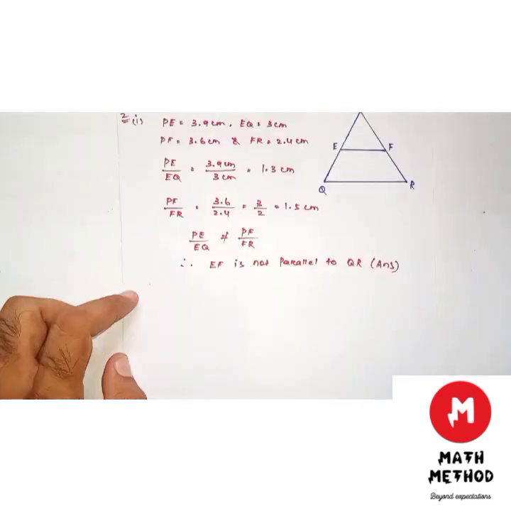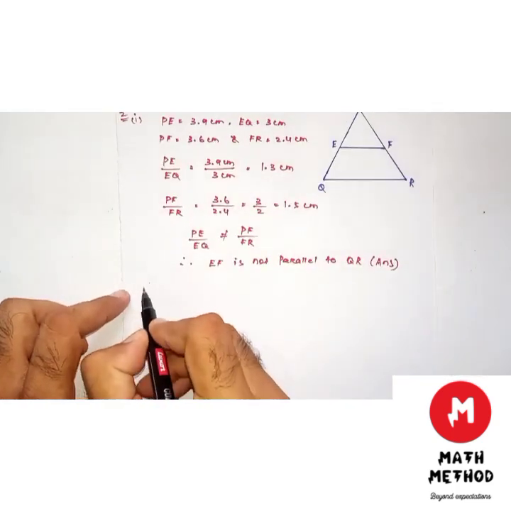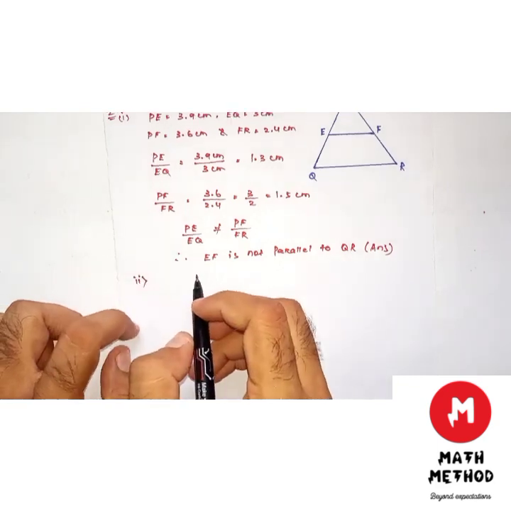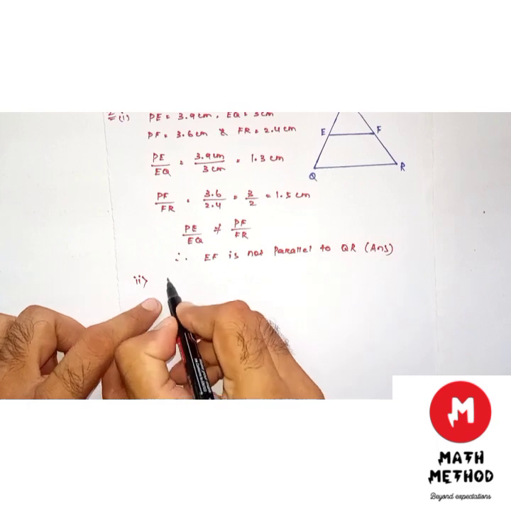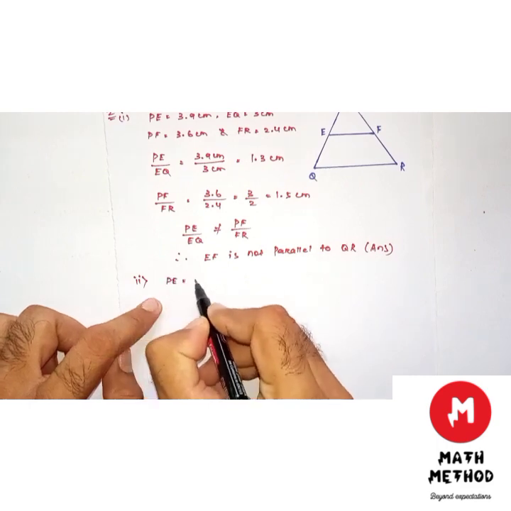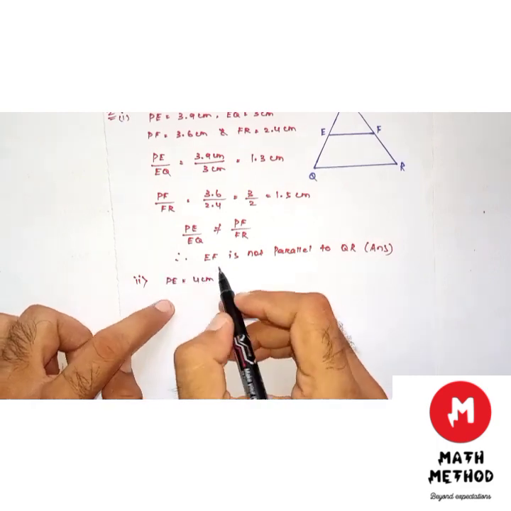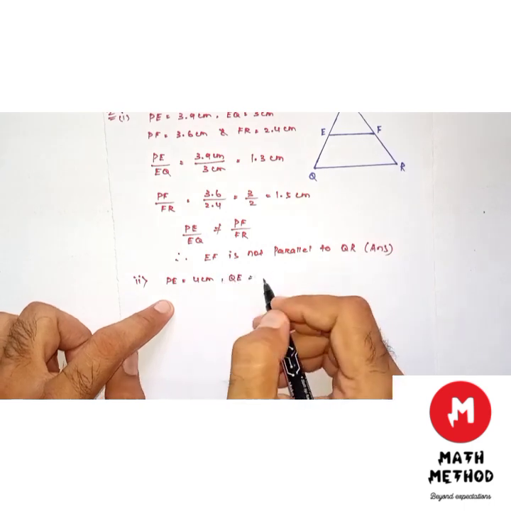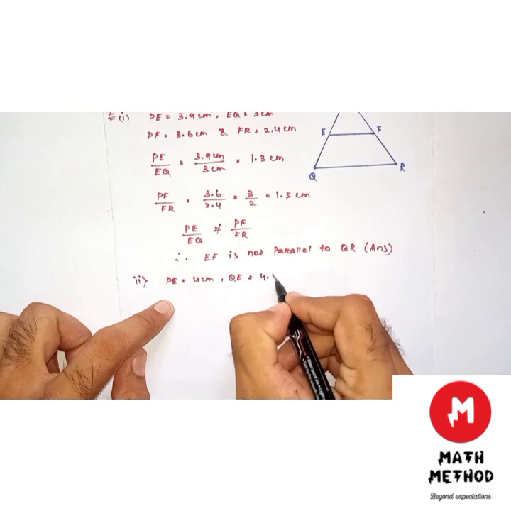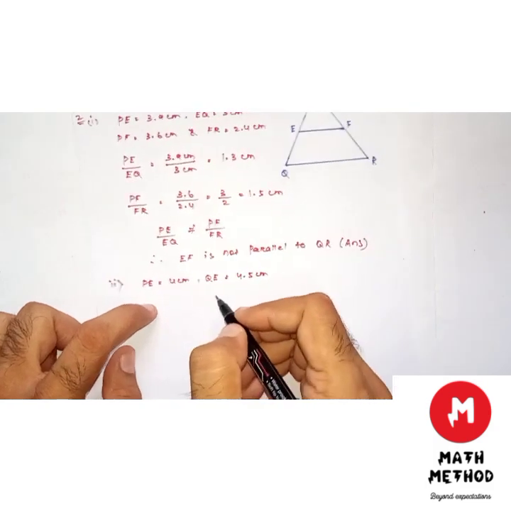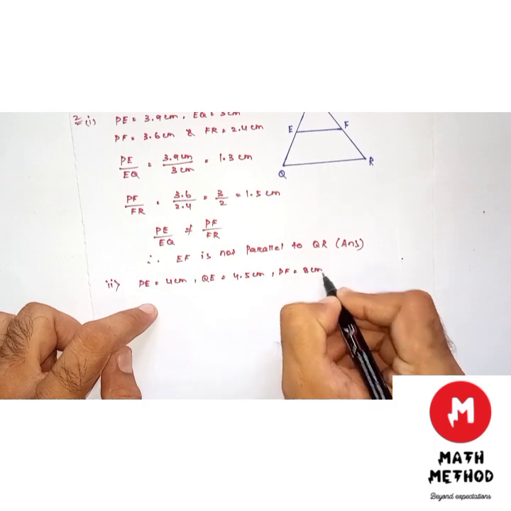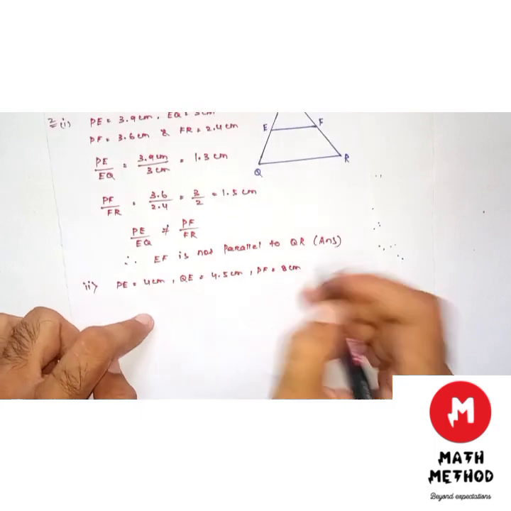Clear? Now see the second part. Part number 2. Here PE is equal to 4 cm, QE is equal to 4.5 cm, PF is equal to 8 cm, and RF